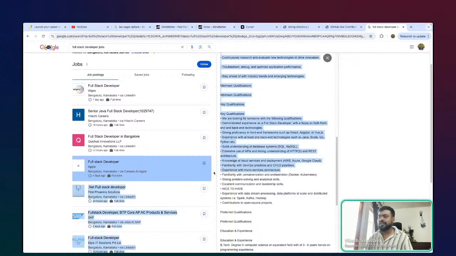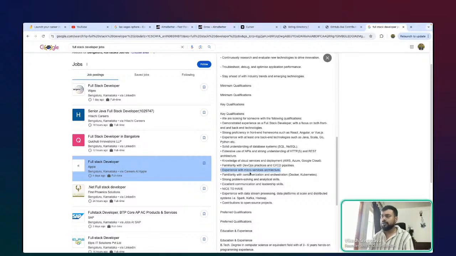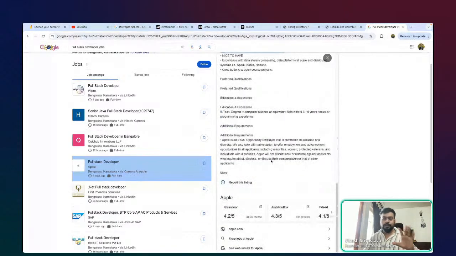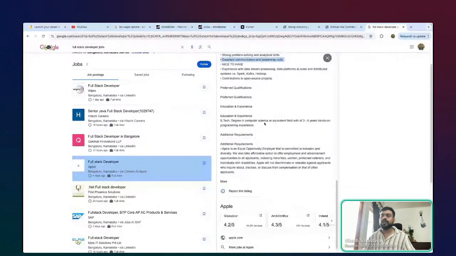Experience with microservices architecture, maybe you don't know this as of now, but over time you'll also get acquainted with this. Let's say familiarity with containerization and orchestration. So Docker पे कैसे deploy करते हैं. So maybe if you know how to deploy on EC2, or using serverless, then you can also learn this, right? This is not that difficult. Again, problem solving skills, ये तो any engineer should have. Excellent communication, again, this is good. And not a lot of that, right? So pretty much what we have discussed in the roadmap, this is what companies are expecting, right?